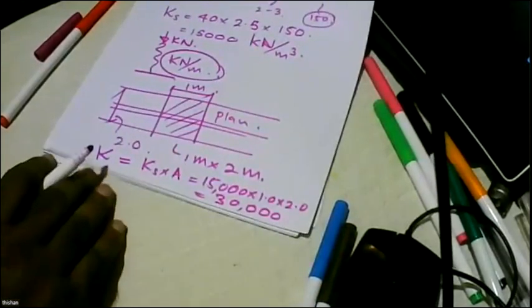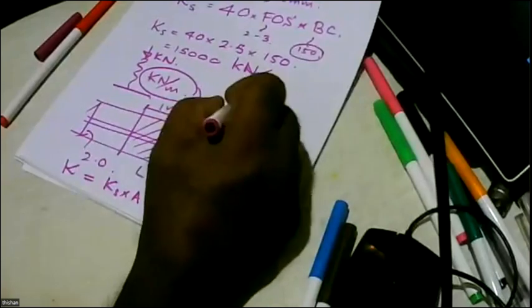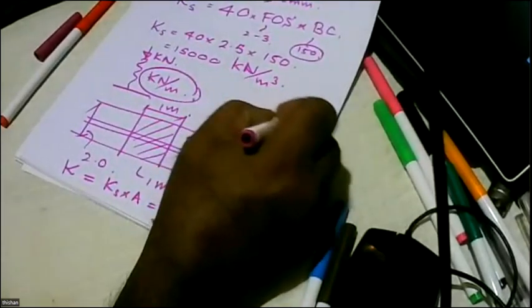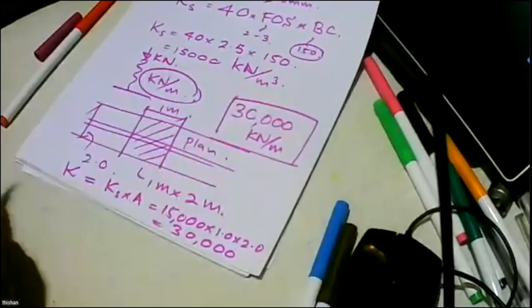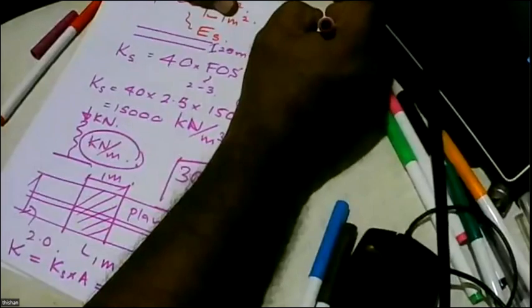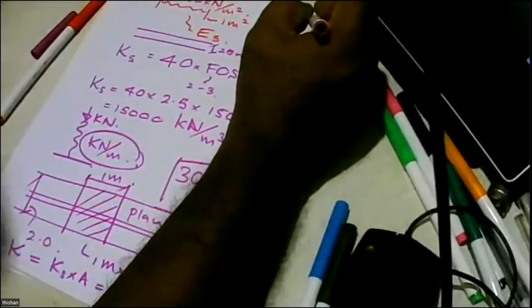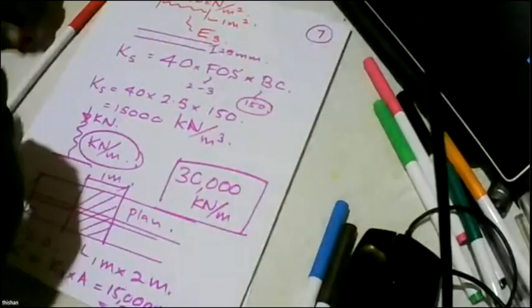So the spring constant that I have to substitute in the computer program is 30,000 kilonewtons per meter in the vertical direction. So it is 30,000 kilonewtons per meter in the vertical direction. So that is the theory. So the Winkler spring method is a pretty good method and very